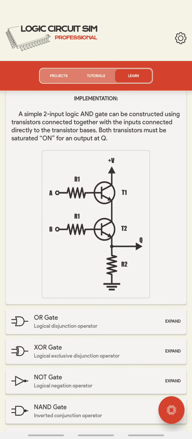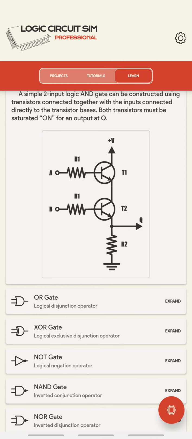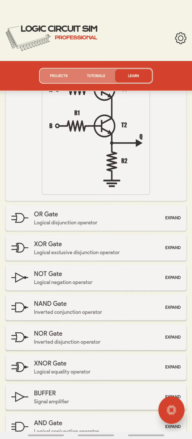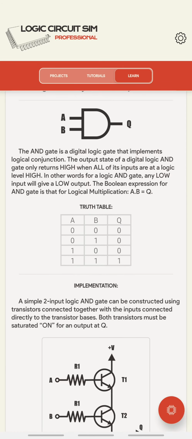You can see this structure is TTL because transistors are used instead of simple switches. If in the exam it is asked to draw the structure of an AND gate using transistors, then this is that structure. The truth table and the description of this AND gate are also given.